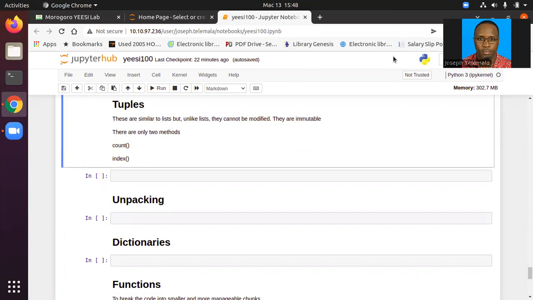So tuple, like list, is another data structure used by Python, and the two are closely related anyway. The major difference is that tuples cannot be modified, unlike the list. With the list, you can add or remove some of the elements, but with tuples you cannot do that. As a result, it has only two methods: